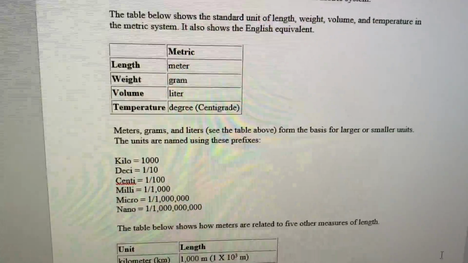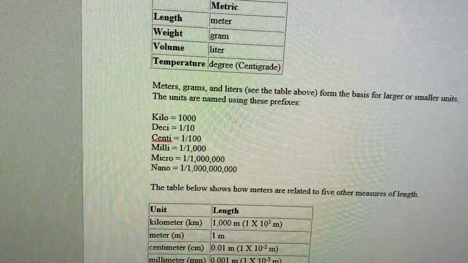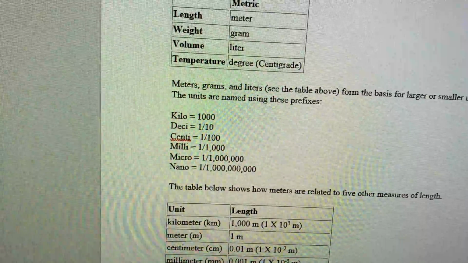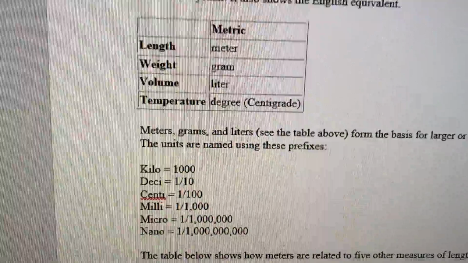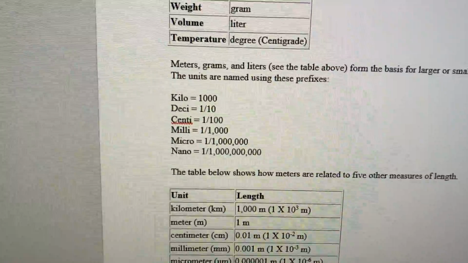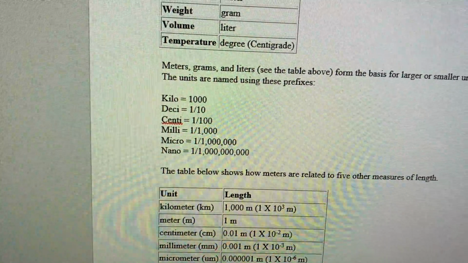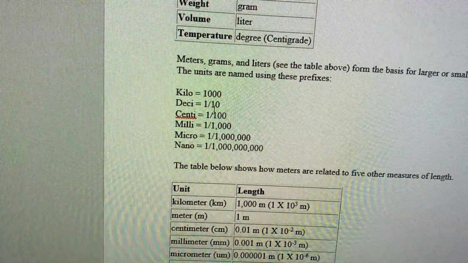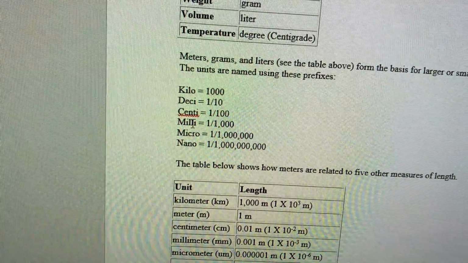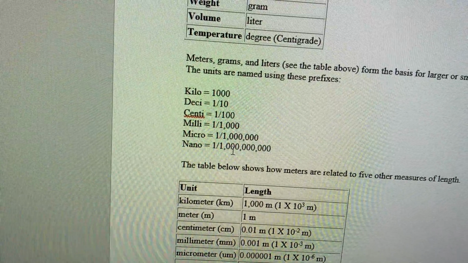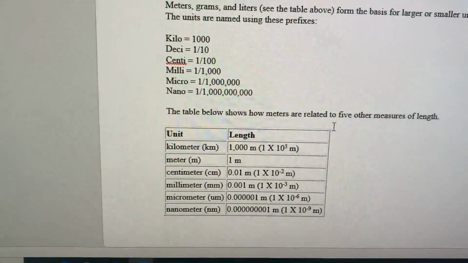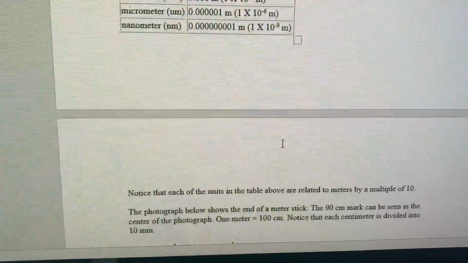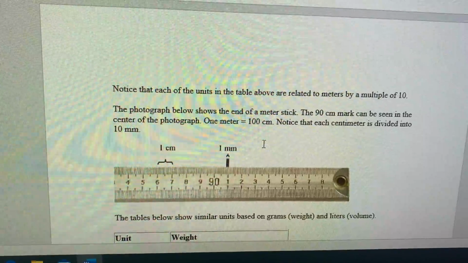Now, it is very important to learn the value of those units: kilo, deci, centi, milli. If you remember your math, you will learn the value of those. For example, the value of kilo is 1,000, deci is 10 or 1/10, centi is 100, milli is 1,000, micro is 1 million, nano is 1 billion. This is also a table that summarizes the values. I will show you in a minute how to convert and how to